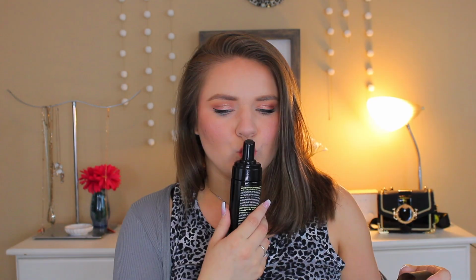You guys wanted me to talk more about the smell of this self-tanner, because self-tanners can have a pretty distinct smell, and it can be a pretty big turnoff for some people. When you first apply the tan and you're letting the tan marinate or soak into your skin, yes, it does